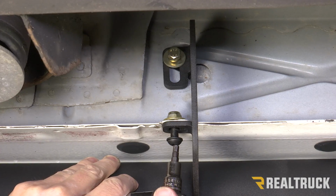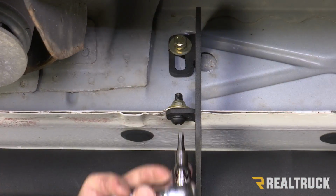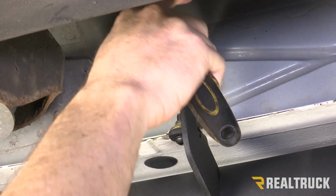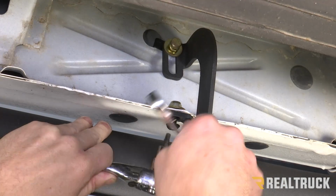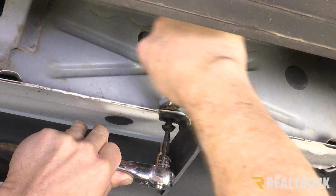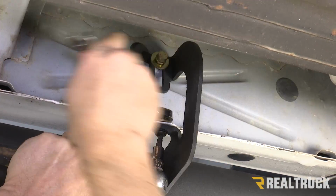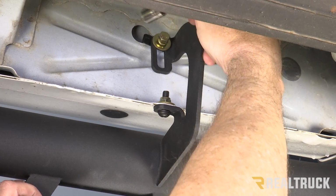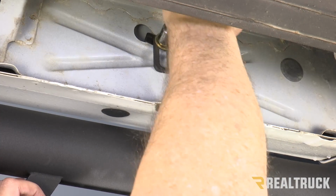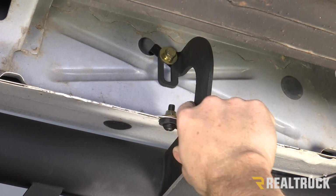Next bracket up, we're doing the exact same thing. Then the exact same approach on the front bracket, 5mm Allen on the bottom, 13mm up top, tighten down the pinch weld first. And again, use a 13mm to tighten down the rocker panel bolt. And repeat the exact same process on the